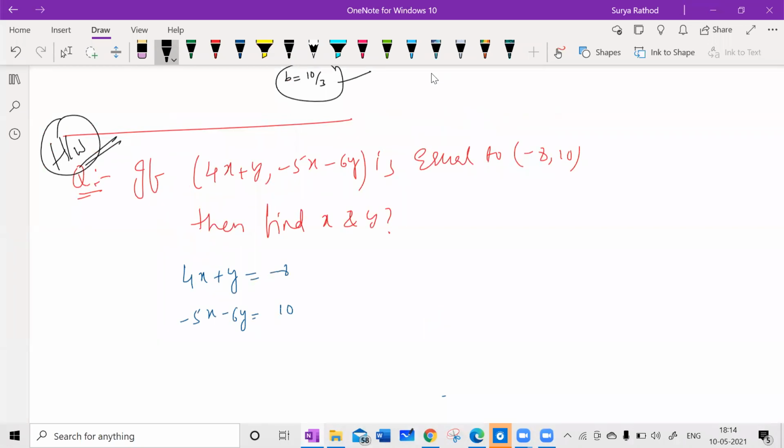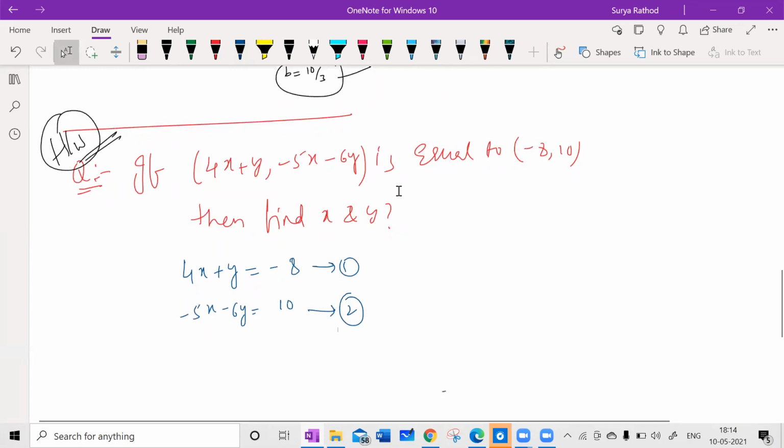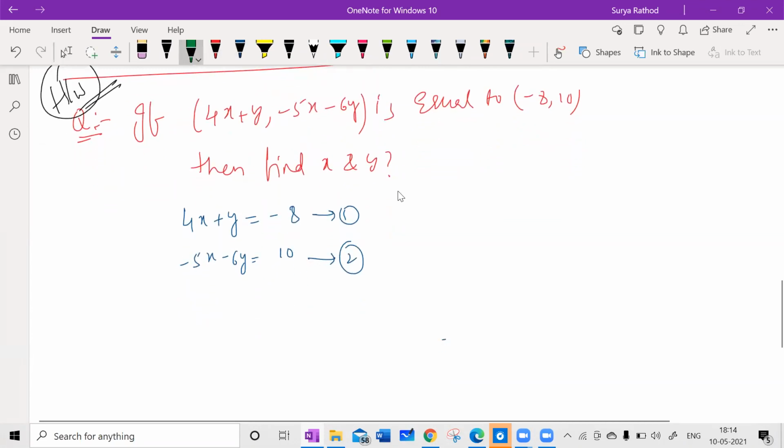See, you have to solve these two equations. These are two linear equations in two variables, so you can solve it. Very simple. See here, let us take this as my first equation and this as my second equation. I need to cancel any one variable for getting one variable. I need to cancel y so that I get x simply. So if I multiply 6 on both sides,